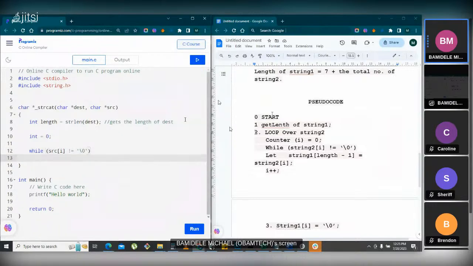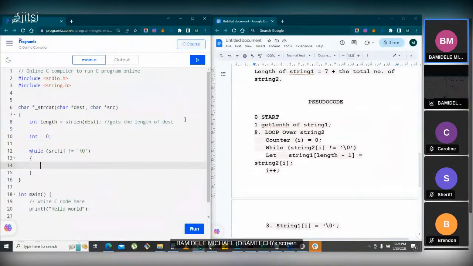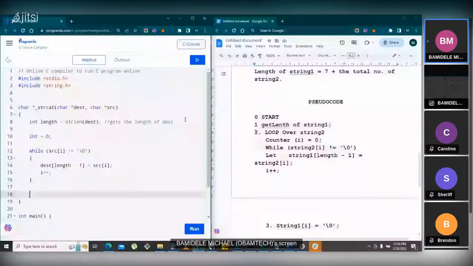Okay, then what do? We are going to say string destination at position of what length minus 1 to get the last value. Okay, and then we assign it to the position of the source, right? And then we increment I plus plus. Okay, then after this loop has finished, we will set destination at position of I to be equal to, what? To be equal to